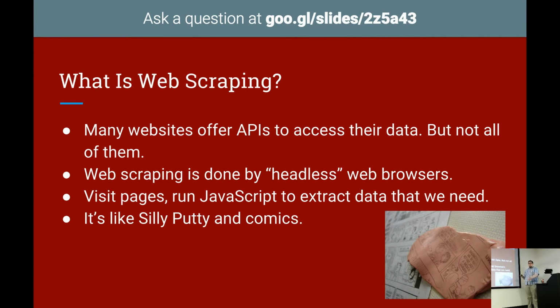So while the pizza's getting unpacked, I'm going to go ahead and explain what web scraping is. Many websites offer what are called APIs, application programming interfaces, that allow other developers to access their data. But not all of them. Not every website has an API. Not every website has the resources to make an API, or the staffing. So what web scraping is, it's essentially we make our own API based off of what we call a headless